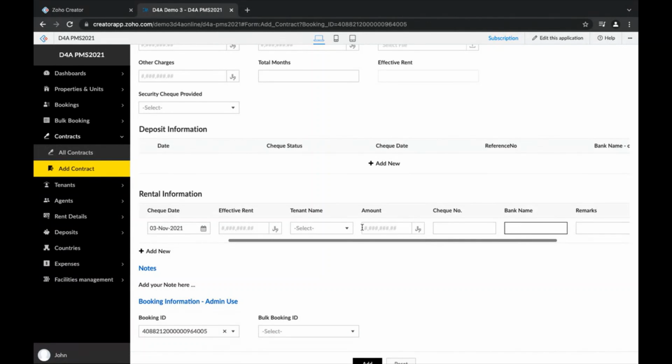So basically all this information will be reflecting in Zoho Books. So we are using Zoho Books, and individual invoices will be created. That is 13 or 12 different invoices will be created with the check dates. So basically it will be post-dated invoices and the check details as well. So that's how we are tracking the checks.